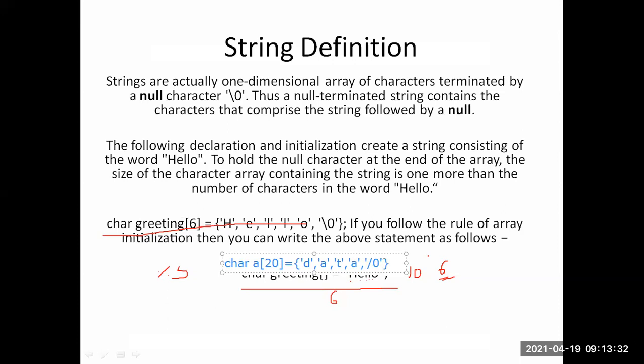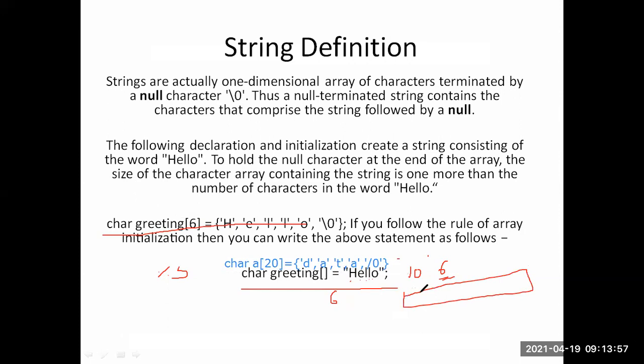So I am declaring here that the size of the array is A of 20, but I gave data of only 4 elements, and in total 5 elements are stored. So what happens to the remaining memory? What will it show for the remaining memory in the computer?